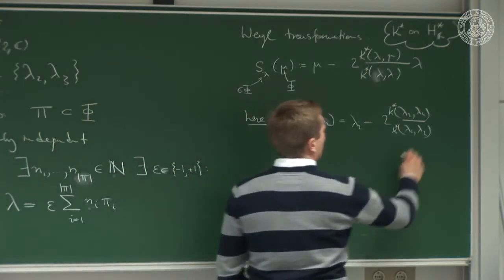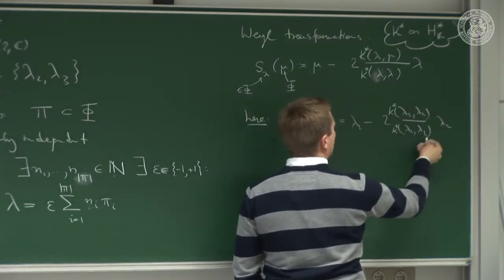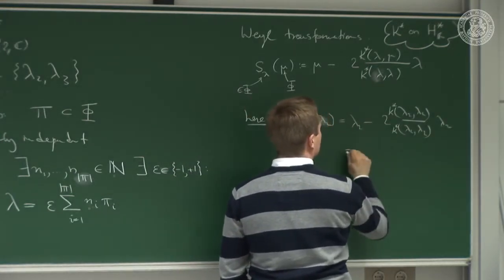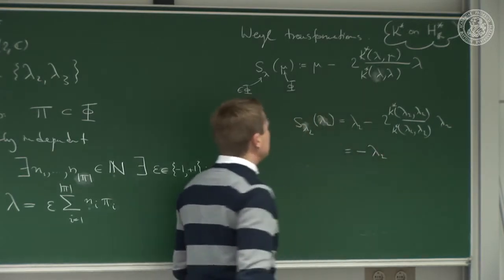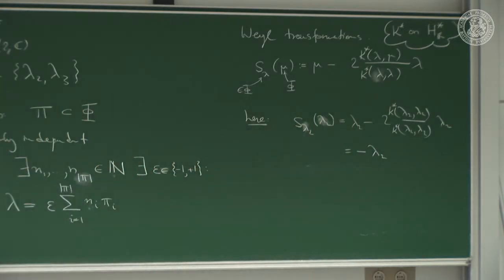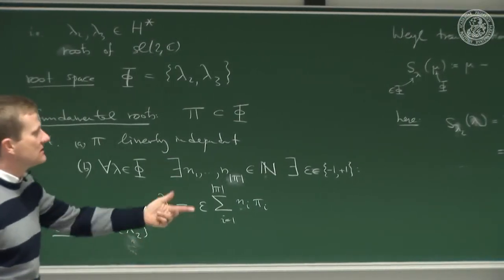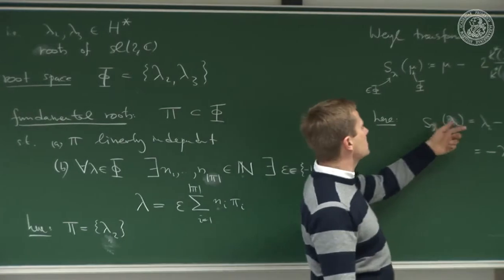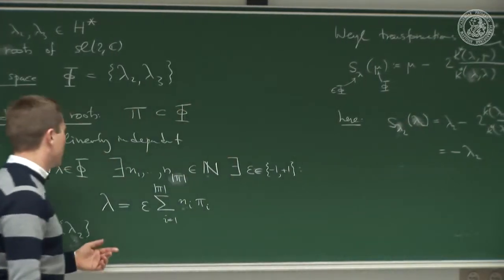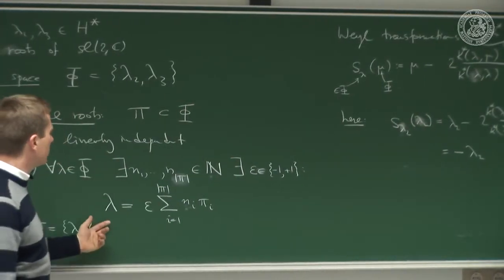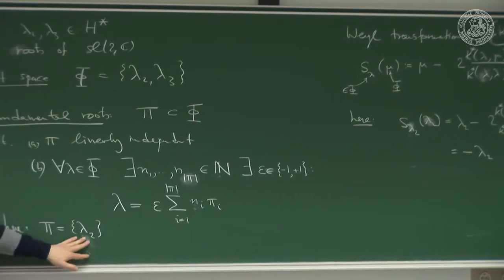Okay, well, here lambda 2, but of course this is 1. This lambda 2 minus 2 lambda 2 is minus lambda 2. Well, indeed, acting with the Weil group on lambda 2 with respect to lambda 2 produces the other root, because we know action of the Weil group, or repeated action of the Weil group on the fundamental roots generates the